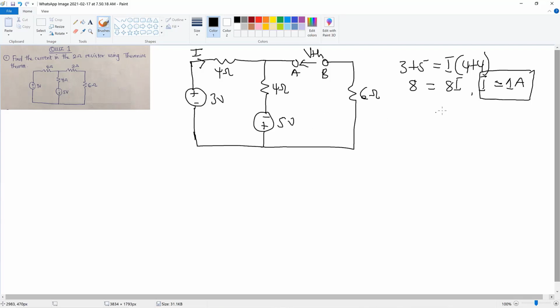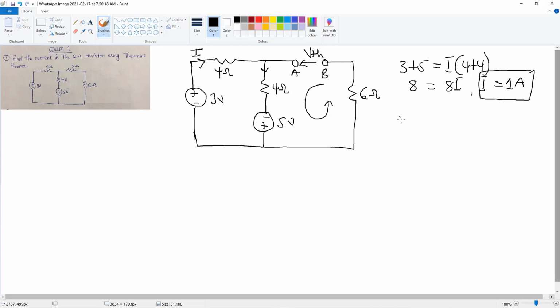Now, after finding the current I to be 1 ampere, we can use this loop to find our VTH because we now have a current going through the 4 ohm resistor. However, no current goes through this 6 ohm resistor, so it will not be part of summing the voltages and the EMFs in the circuit. So using this loop,